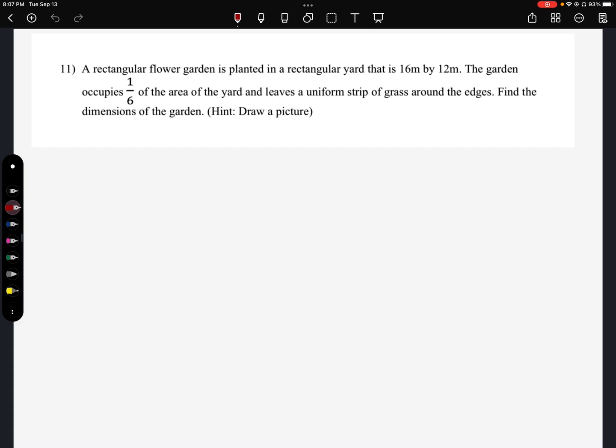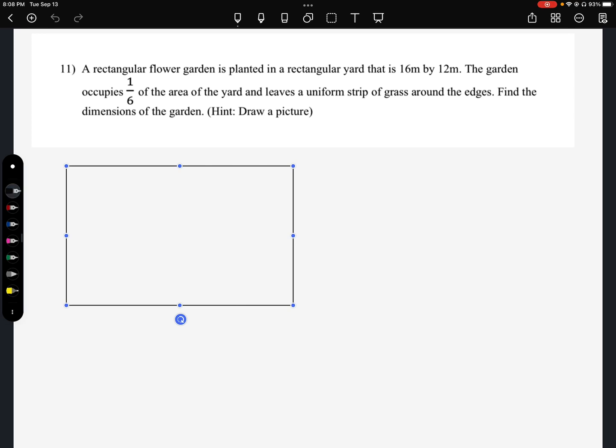All right, so let's start out here by making sure we understand what it's saying. There's going to be a rectangular flower garden planted in a rectangular yard. So let's start out with our rectangular yard. I'm going to draw a rectangular yard. Okay, that's our rectangular yard. And now we're going to draw a rectangular